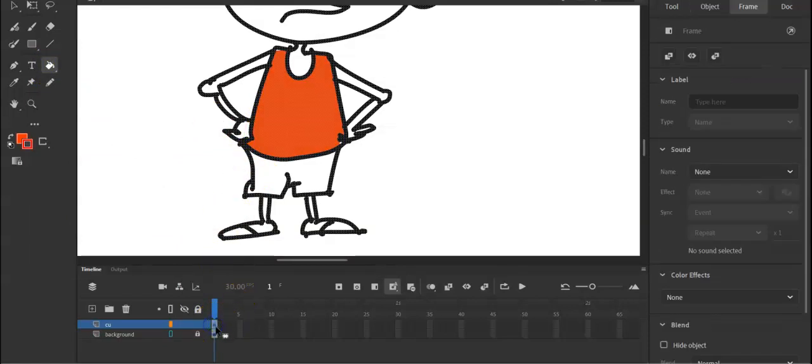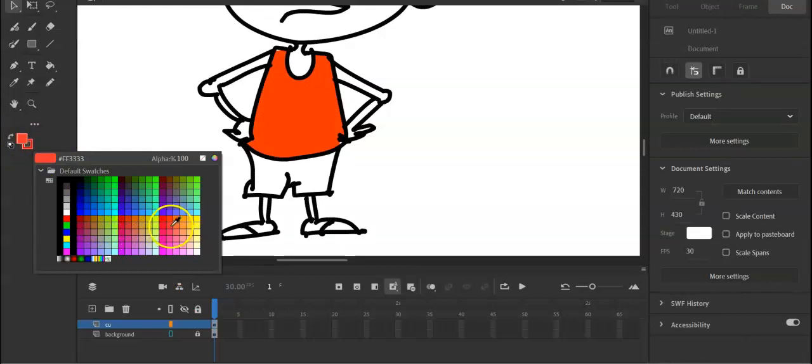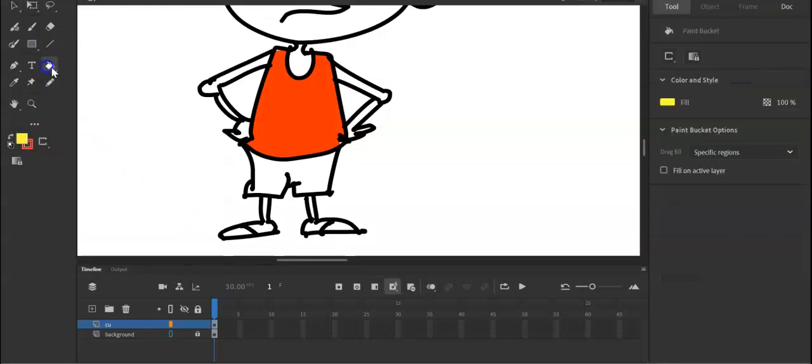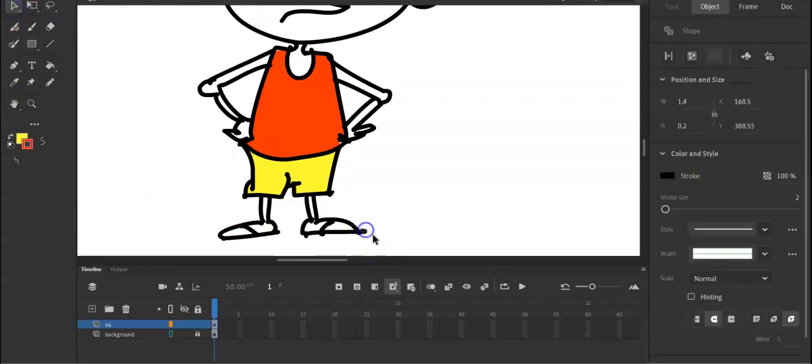And then we're gonna change again this color. Okay, this is yellow, or you can use different combinations of the colors. Okay, all right. And don't worry about this. We can clean this up later. If you want to clean this up, you can